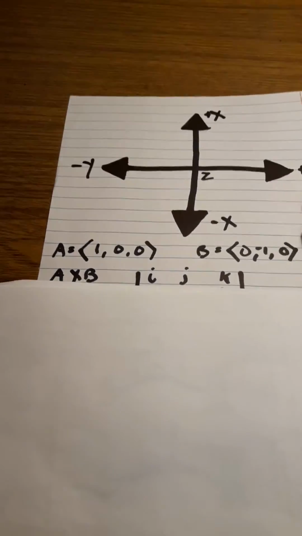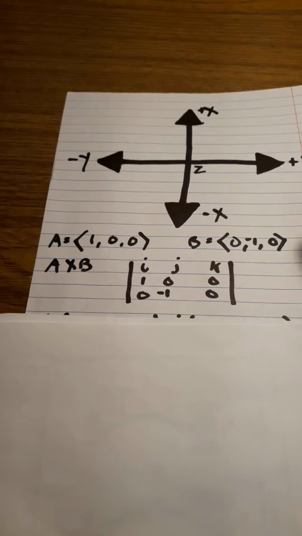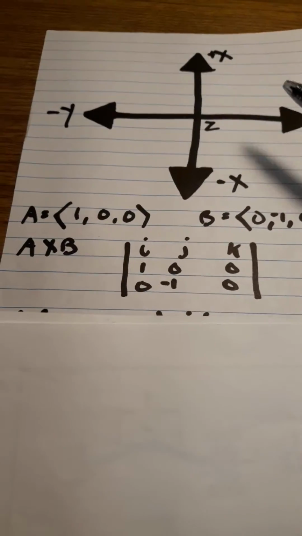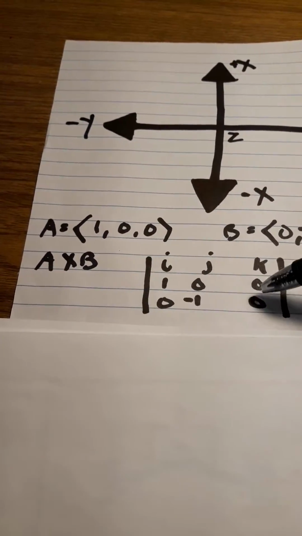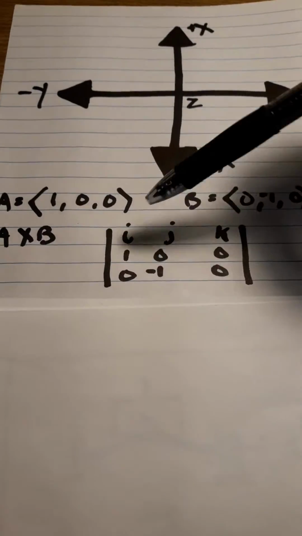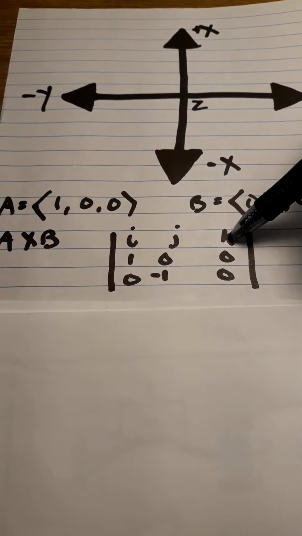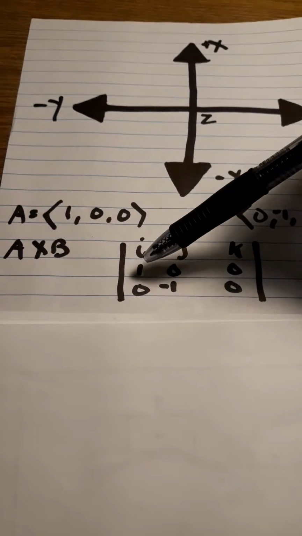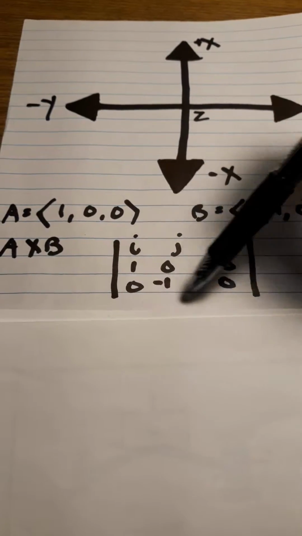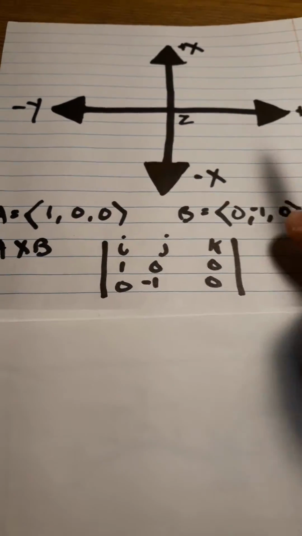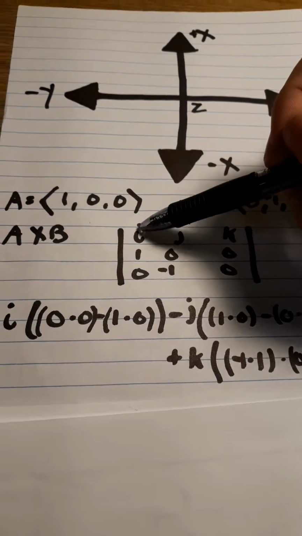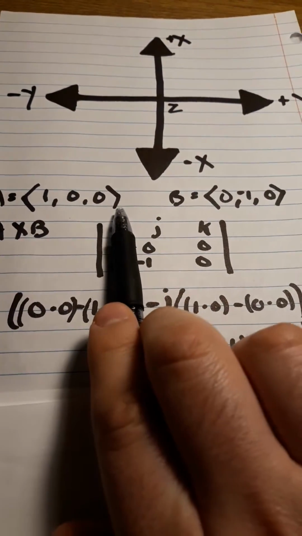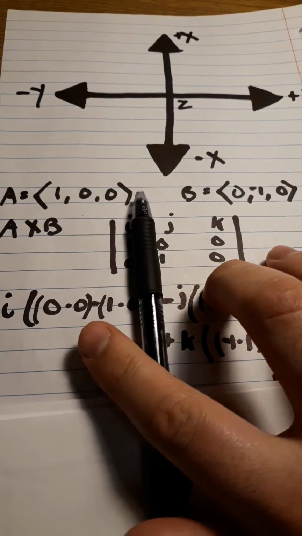So how does this apply on paper? When we cross A cross B, there's a super simple way to do it. We're going to line up a sort of spreadsheet where we have our I, J, and K parts of the vector, and A is the top row, B is the bottom row. Now there's a formula. It's a cyclical pattern where we start with I, and we cover up the column of I, which is going to be equal to